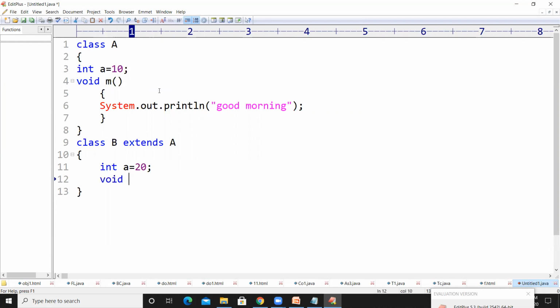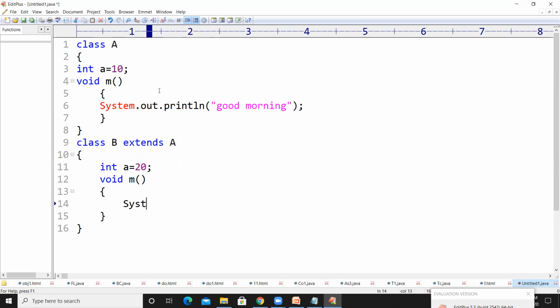Inside class B, I am going to take the same method. This concept is called method overriding. If two classes are under an inheritance relation, and both contain a method with the same name, then the concept is called method overriding. I will explain it later.